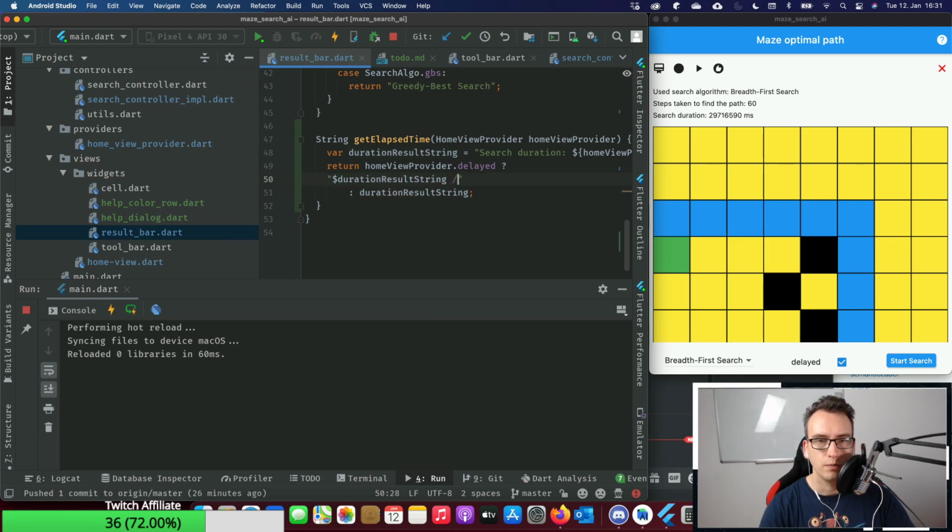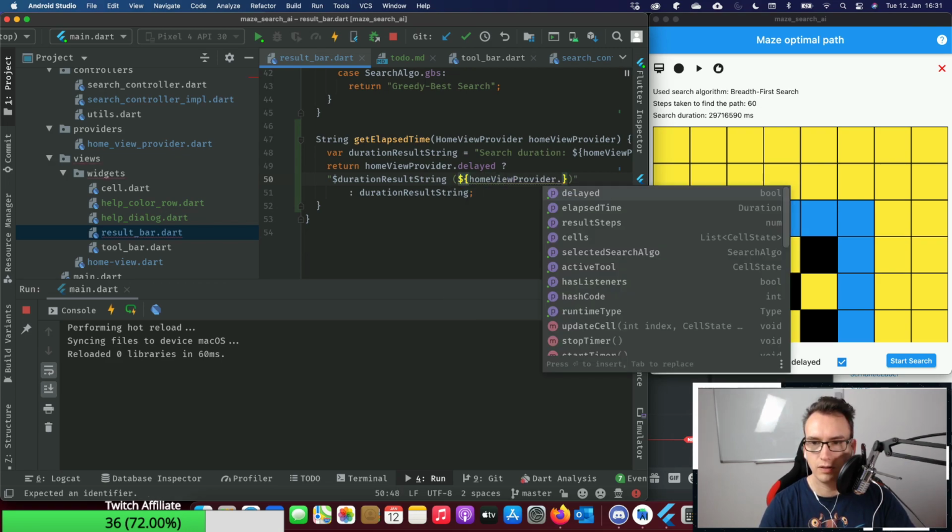And with a slash, and here we say cleaned, or just make it in brackets and have the milliseconds inside. So home view provider dot cleaned time.